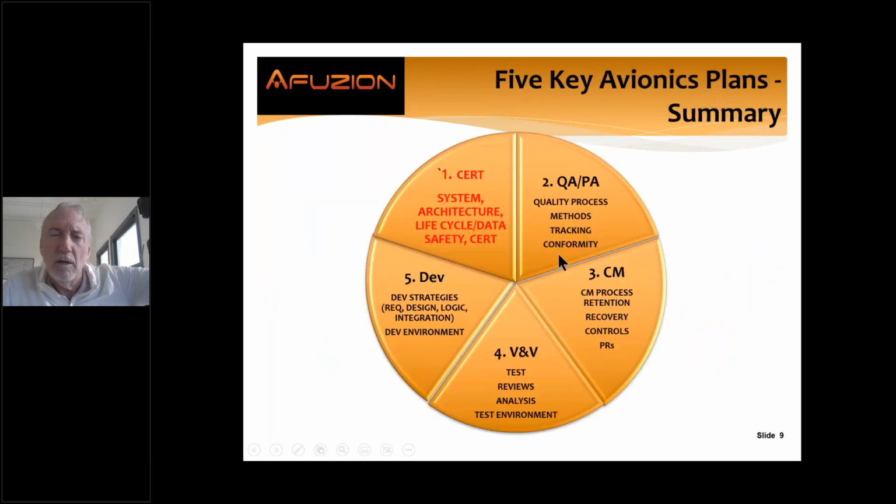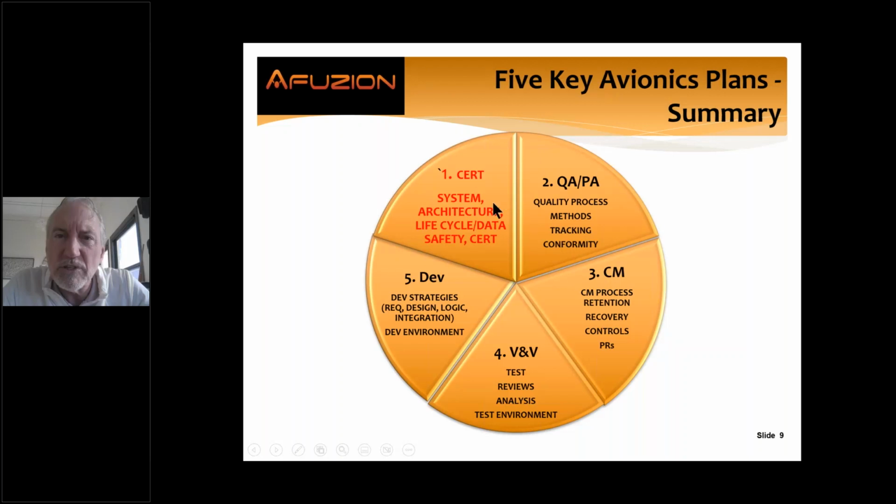Now, let's look at our plans. Let's focus on the certification plans. That's where we show we know exactly what we're building, what system. What is our architecture? Life cycle. Where does our software hardware come from? How much of it is cost? How can we show determinism? Because we understand, all of us, that avionics is only as strong as the weakest link. You, me, all of us, we cannot be the weakest link.